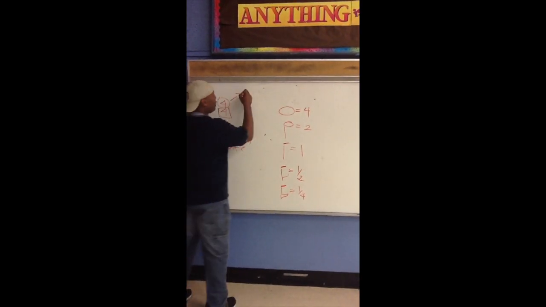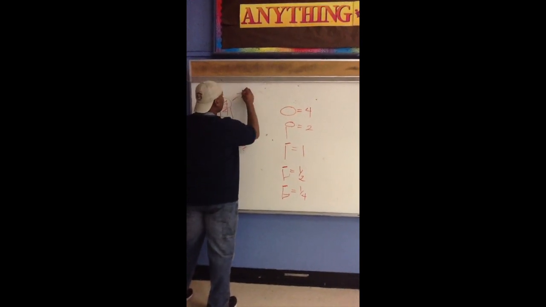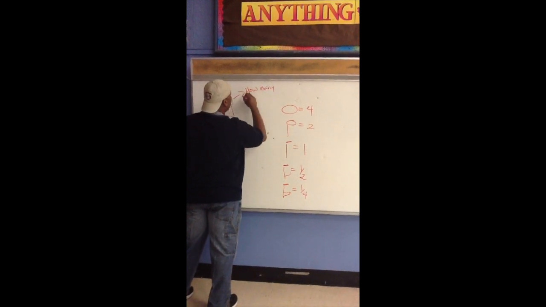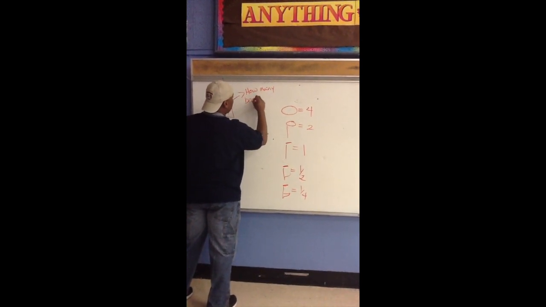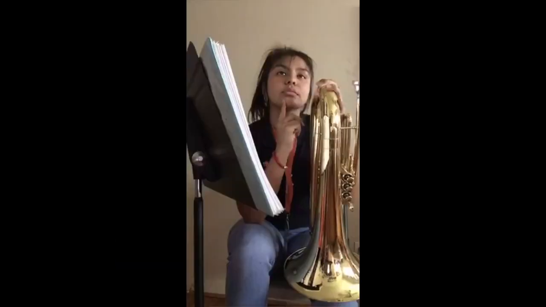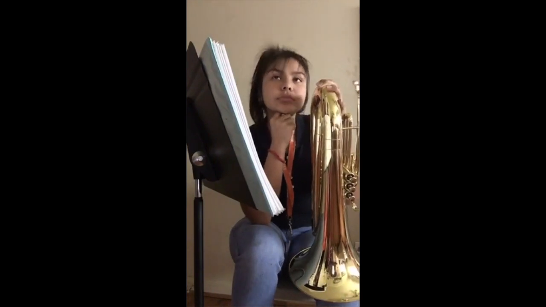Top note always asks, how many beats are in a measure? Okay, so when the top number is 4, there are 4 beats in the measure. If the top number is 3, there are 3 beats in the measure. If the top number is 2, there are,